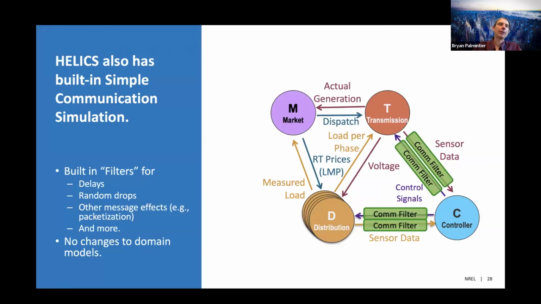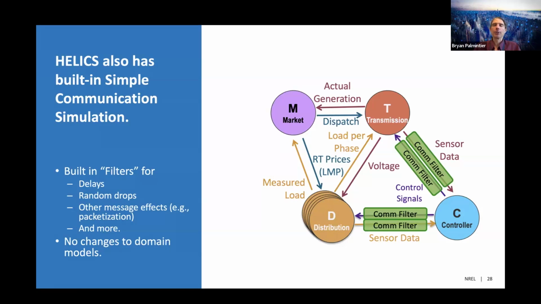The other thing that happens is because we're distinguishing messages, and you could actually do similar things with values, but it's a slightly different use case. We have the ability built into Helix to say, wait, that's a control signal. That may not be perfect. It might take a delay to get there. It may be randomly dropped. You could even imagine modeling, and people have done this work too, I don't highlight it as an example, but thinking about cybersecurity attacks where you're spoofing the data or changing it. We can do those through what we call filters, and we can do that without changing any of the individual